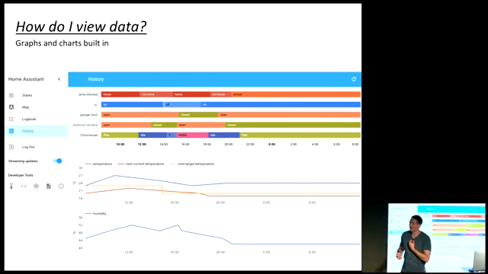Okay, so this is a talk about citizen science and data. The question is, how do I view the data that Home Assistant is capturing? Well, it actually gives you a standard interface to look at the data that's being recorded in the database via this history tool. What you can see across the top there is categorical sensors, for instance, binary sensors that are on or off. Below, we've got numerical sensors. In this case, he's got, I think, some temperature sensors, and it's just a time series plot of the data they're capturing.